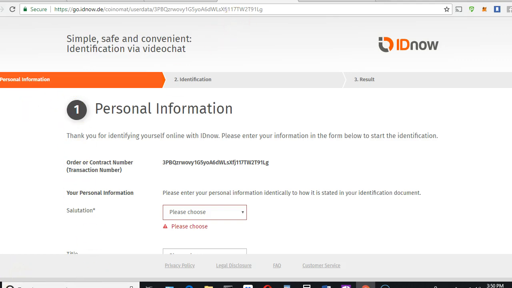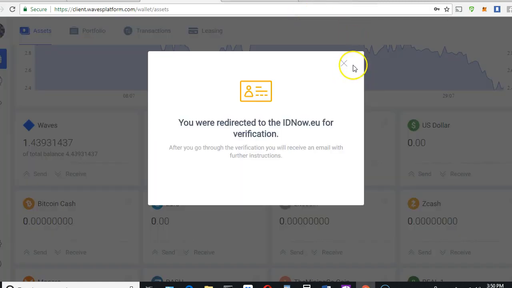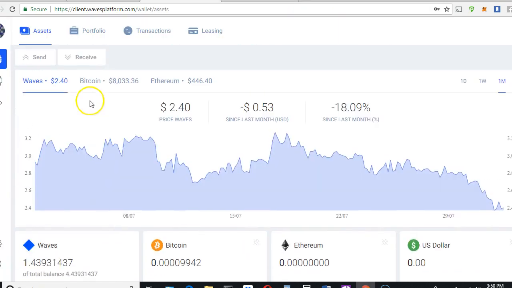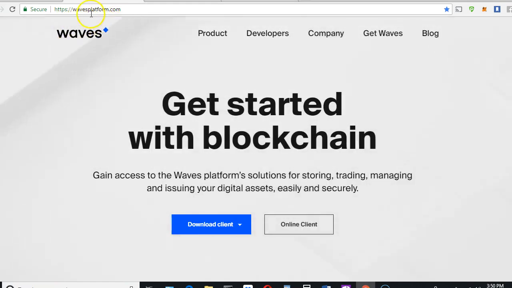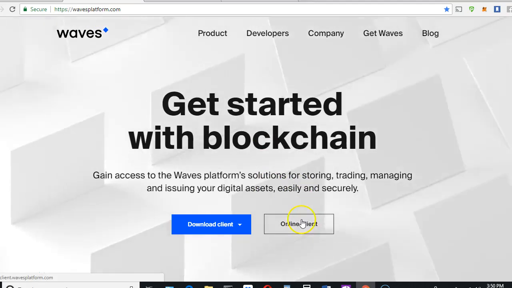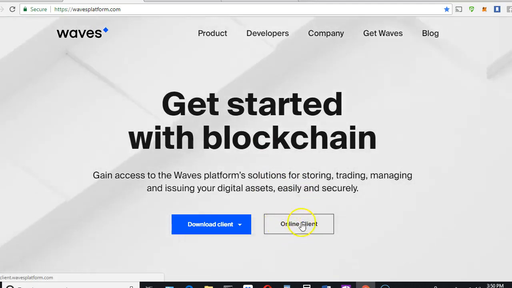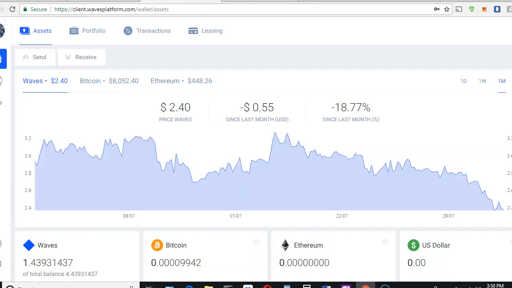Let me go back though. Let's backtrack. So again, you have to go to Waves platform. You see that here's the web link. Wavesplatform.com will take you here. You register, you open a wallet, an account here by signing in to online client, and once we do that, it'll go here. Once you have a wallet,